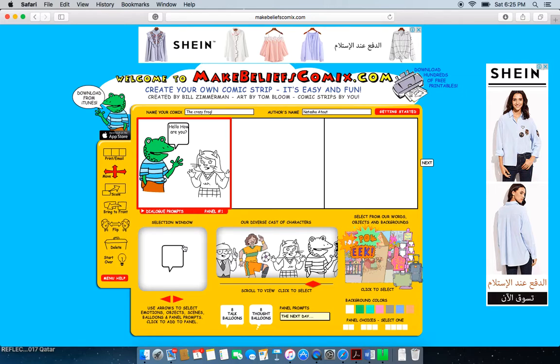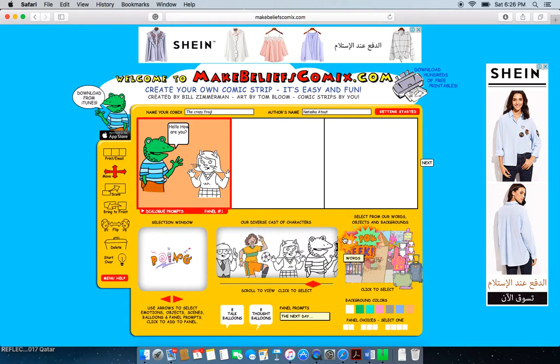The next thing that you can do is you can also change the background of the panel if you like. So here are the background colors if you want your panel to be blue or green or gray or whatever colors you like. You can pick and put them on. You can even use objects and backgrounds itself other than colors. So if you just click onto this, you get to see the different type of things that you'd like to use. So you can just go through here and select different, these are like sounds if you want to make,